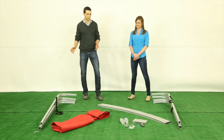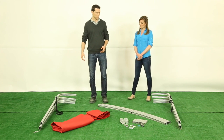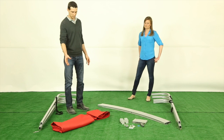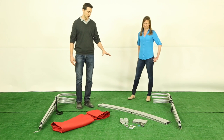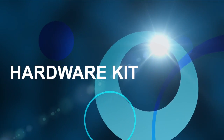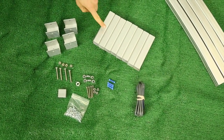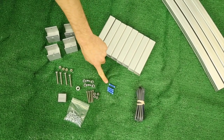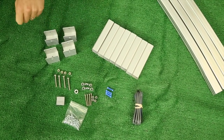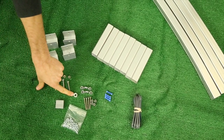Alright, so here's all that is included in your 8x8 standard Bimini top kit. We have a right side bow assembly, one left side bow assembly, one Bimini top canvas with matching boot, and 4 center bows. We have 8 6-inch joiner pieces, 4 butt connectors, 1 wire harness, 4 deck mounts, 32 Tech screws, 1 gray cap, 1 white grommet, 2 strap eyes,